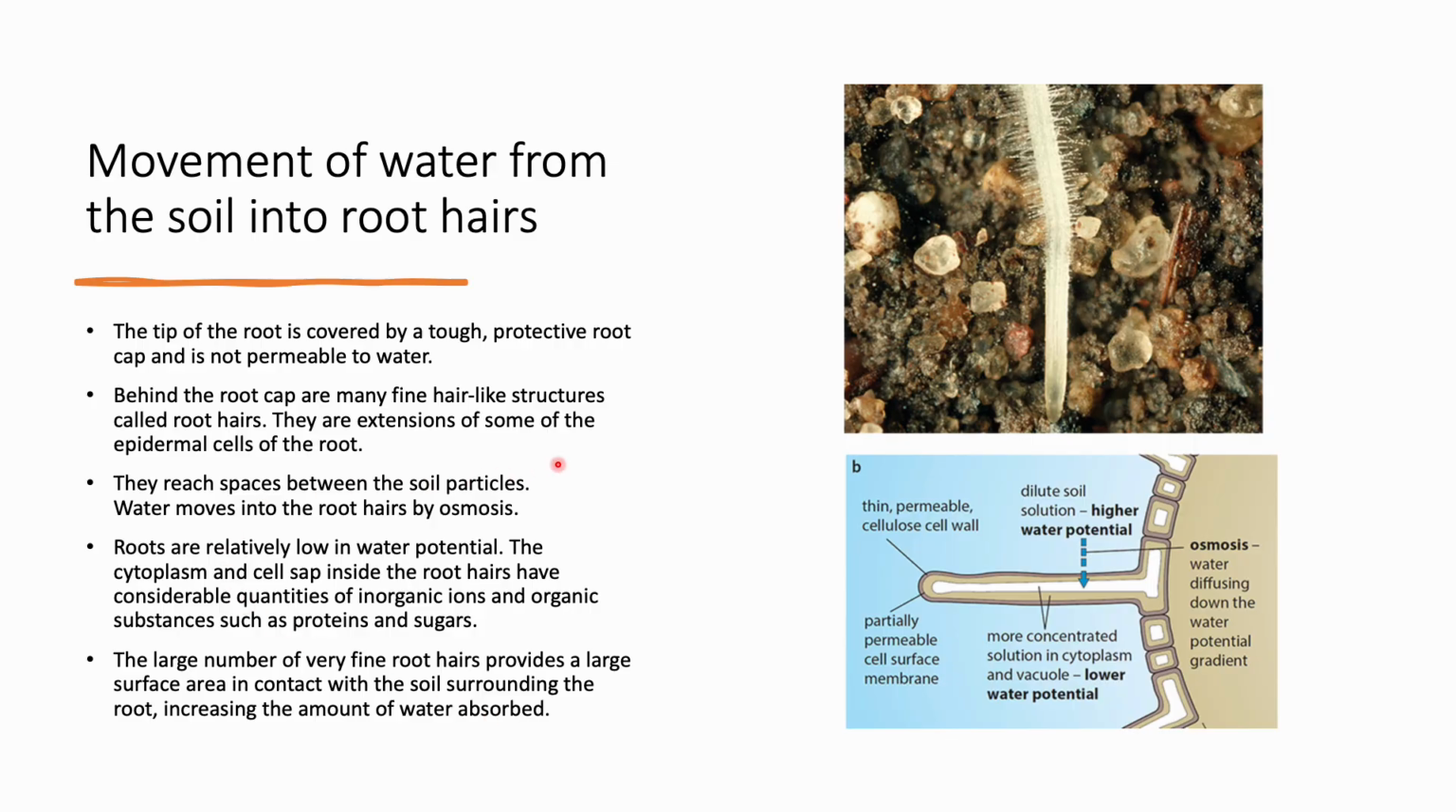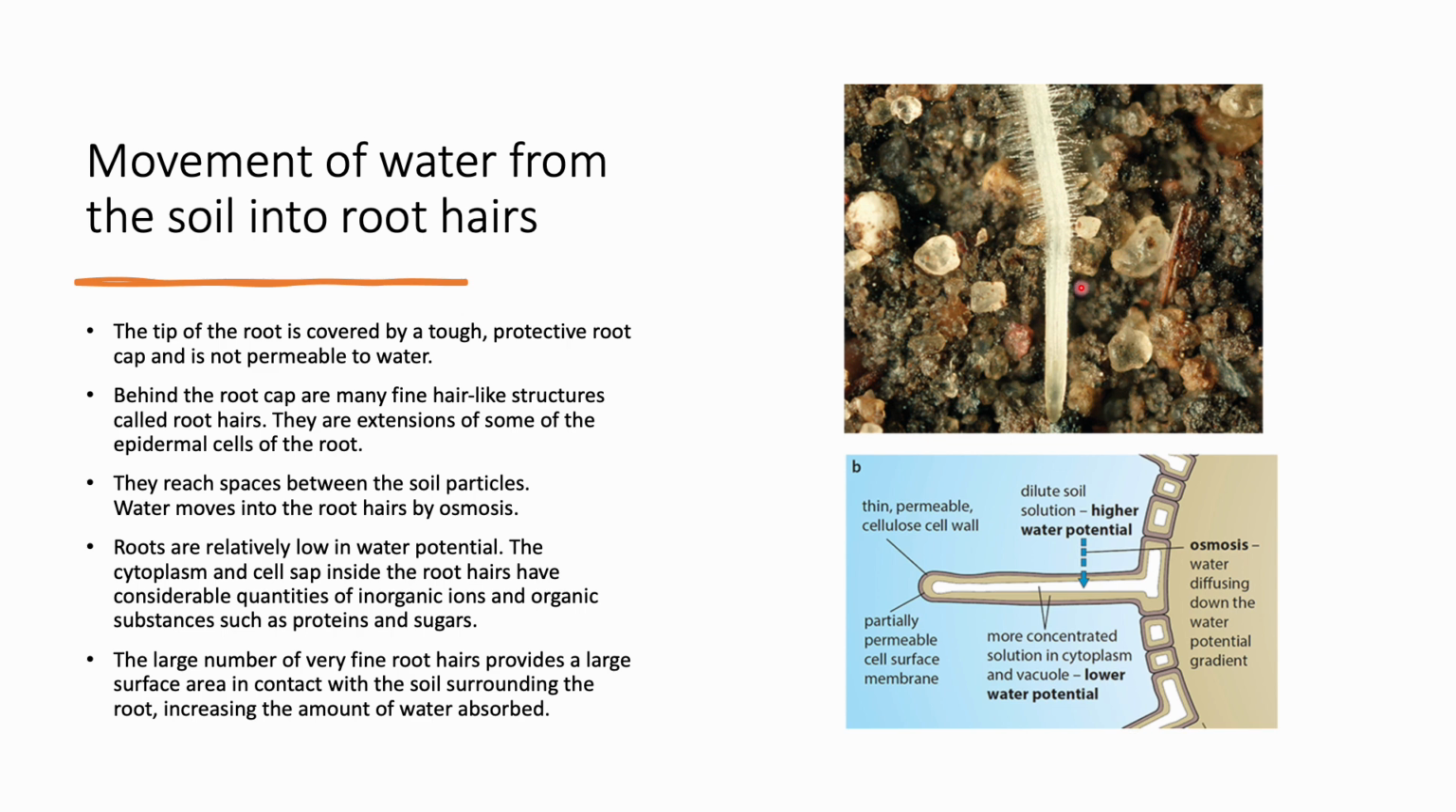Looking at how water moves from the soil into root hairs, this is showing you a root. It's got little root hairs on it, and it's burrowed down into the soil so that it can take in water. The tip of the root is covered by a tough protective root cap, and it's not permeable to water. Behind the root cap are these fine hair-like structures that are called root hairs. They are extensions of some of the epidermal cells of the root. They reach spaces between the soil particles, as you can see here,